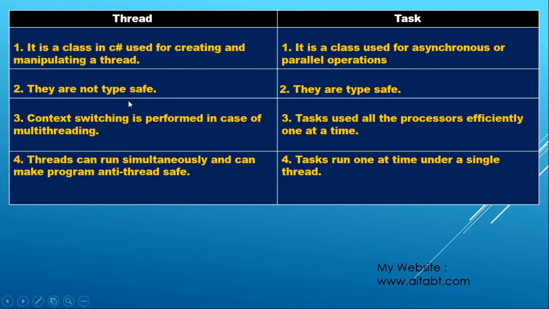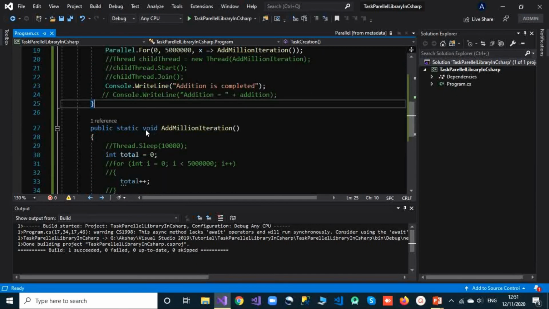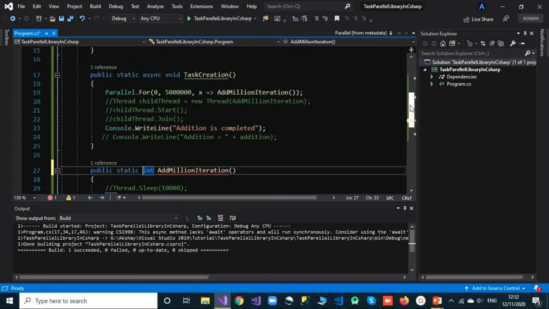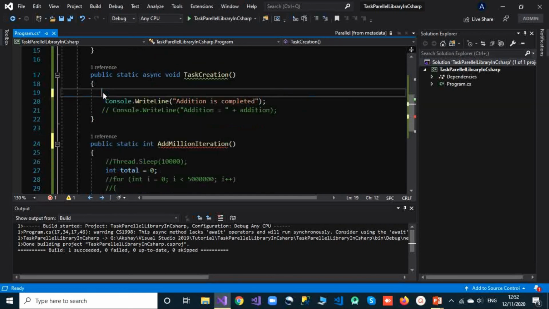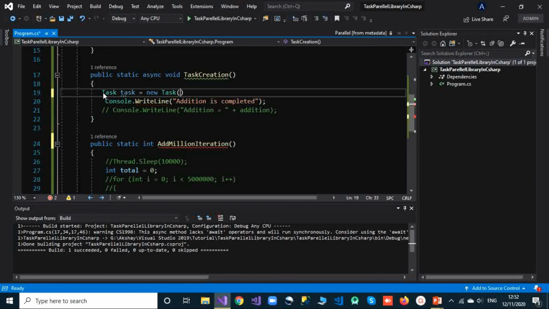Okay, so let me show you that again. When I told you, when we made this method return an integer, at that time what we have to use, that is here, if we want to use this task, let me get rid of all this from here and I will use that task again. Now if I want to use that task here and I want to pass that method to this task here, I cannot do that, because why?